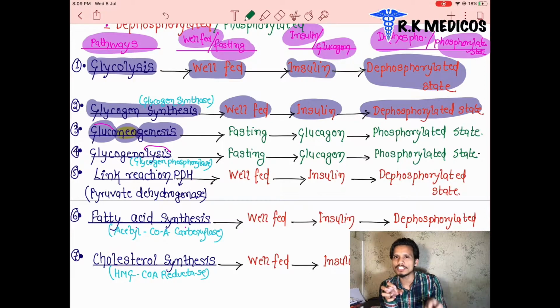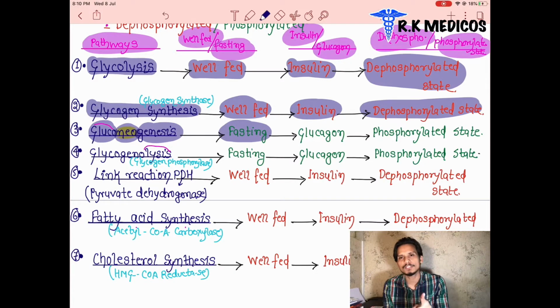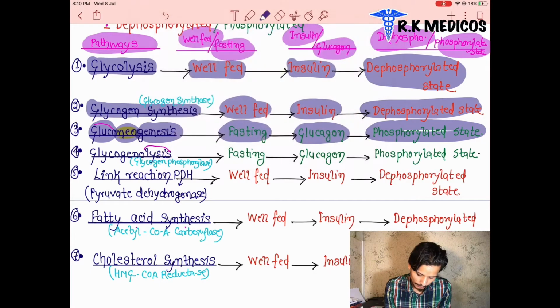This pathway is called gluconeogenesis, and this happens in the fasting state. So basically early fasting, but we can see here the fasting state. Which hormone is responsible for fasting? Glucagon. What does it perform, phosphorylation or dephosphorylation? Of course phosphorylation, the phosphorylation of the enzymes of this pathway. It is okay, hope it will be clear. Now the third one, we can see